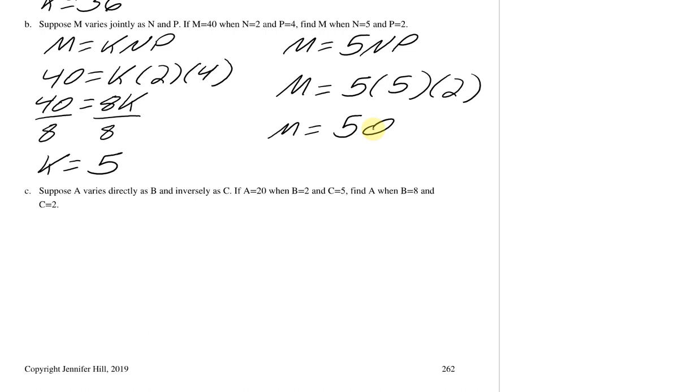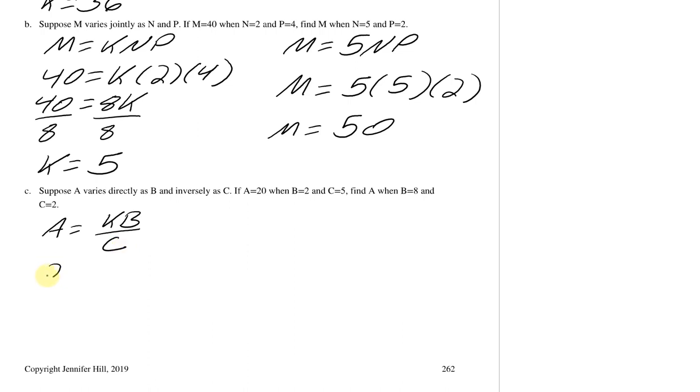Okay, so let's do one more example. Example C, same idea. Pause the video, hit play when you're ready. Okay, so it says A varies directly as B and inversely as C. So we talked about that before, right? To vary directly as B means I multiply K by B, and to vary inversely as C, I divide by C. So now, if A equals 20 when B equals 2 and C equals 5,